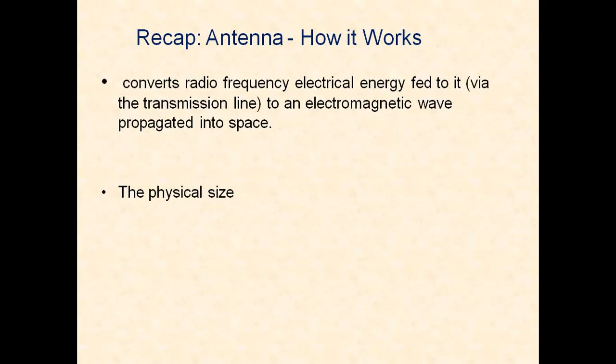It is generally a metallic object such as wire or collection of wires used to convert high frequency modulated current into electromagnetic waves and vice versa. Conversion of RF energy into electromagnetic waves is done at the sending end, and conversion of electromagnetic waves into RF energy is done at the receiving end. Transmitting antenna is used to couple the space to the input of the receiver.